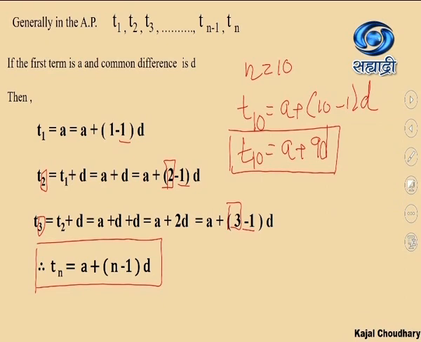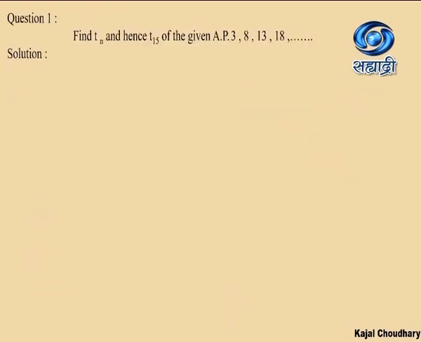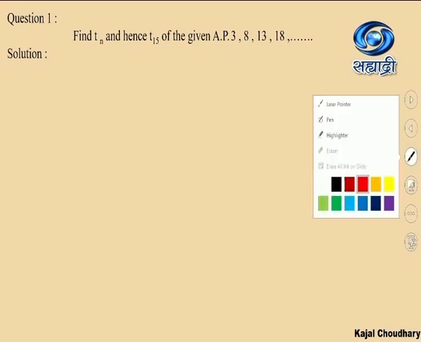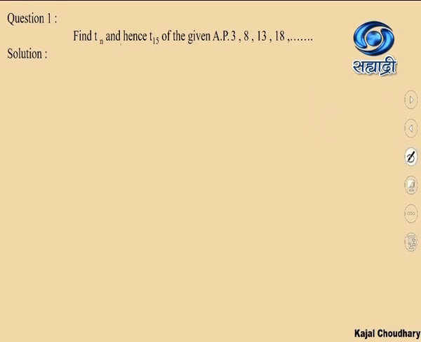Fine. So let's check out how we can put this into the application part. So this goes as the nth term of the AP. Now find Tn and hence T15 of the given AP. Tn and T15. Now what we are going to do is, as they have said, find Tn and hence T15. Now that is to be taken care of. See, this word has an importance over here.